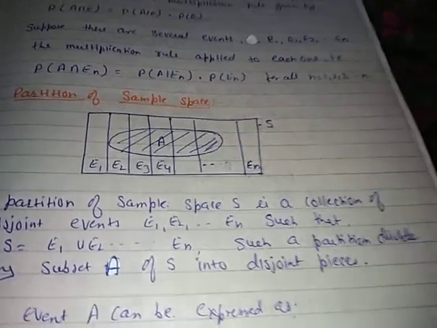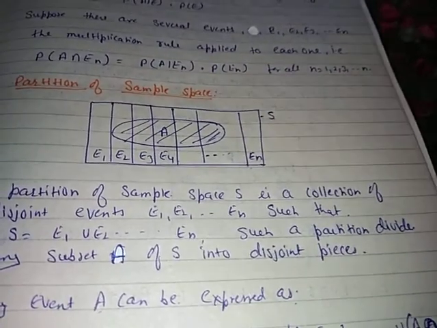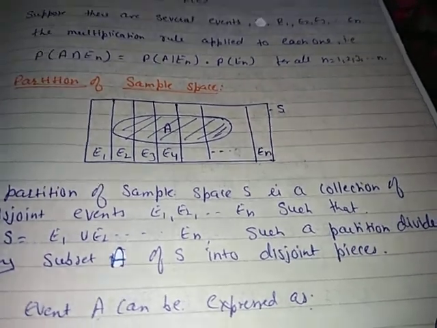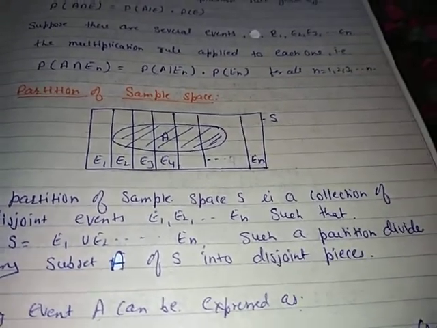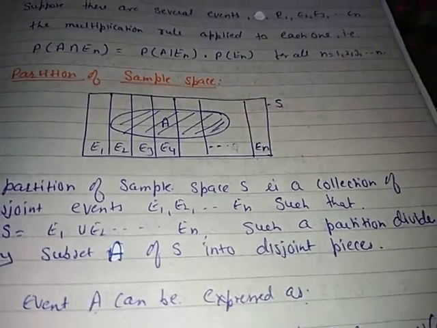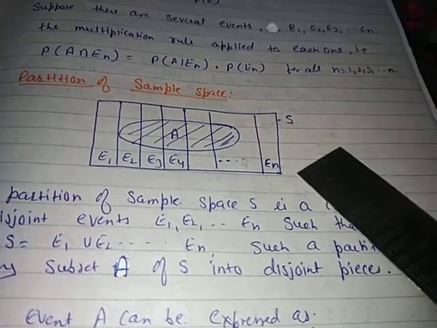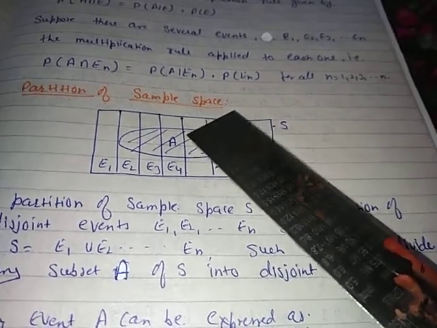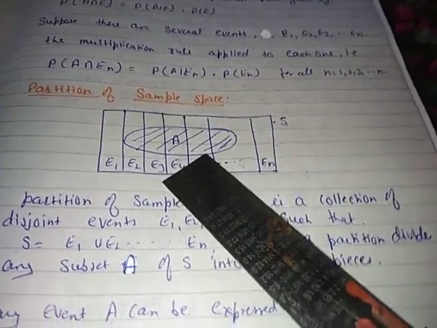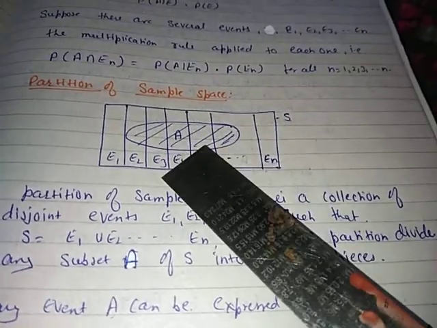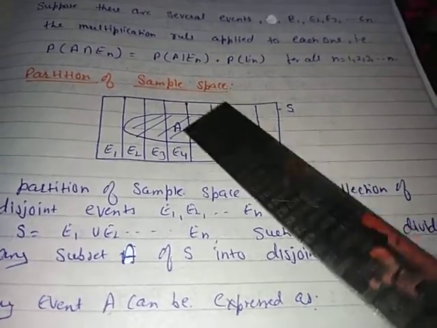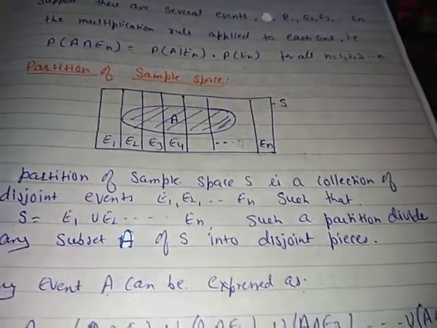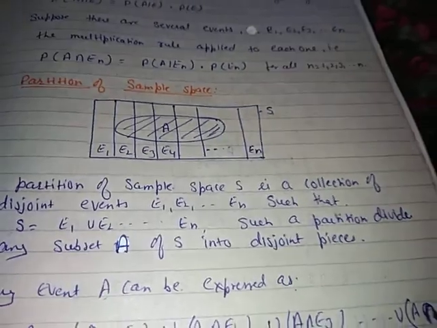Now in Bayes theorem, children, what we need to do is find out which option is valid, that is, for which option you need to find the probability of the common event. That means what is the probability that the common event A will happen with option number 3, E3. We have to find the probability of the common event A occurring in E3. That kind of concept is concerned with Bayes theorem.